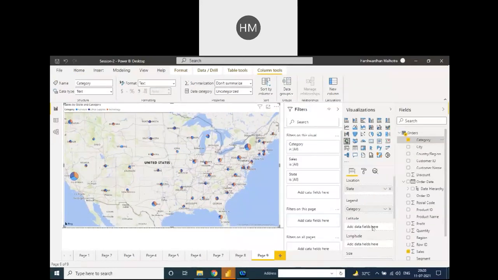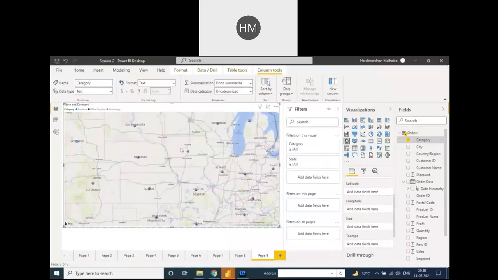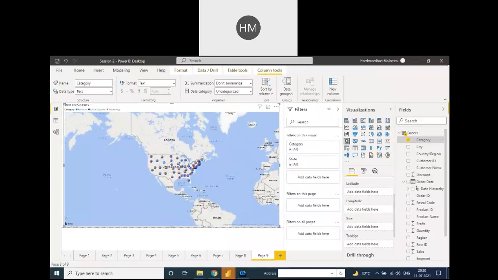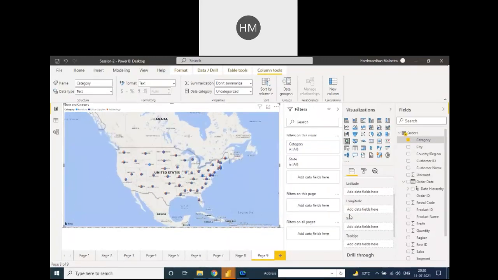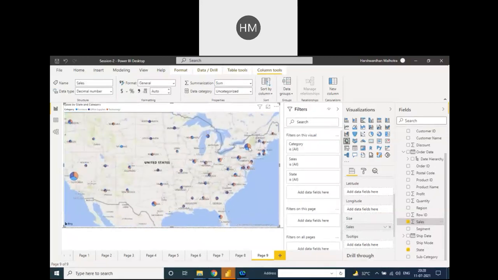To put the category into the legend, see there is a pie chart over the sales. But you need to see one difference. When I remove the sales here, every pie chart is the same size. But when we put the sales area on the size, the pie chart changes as per the sales.